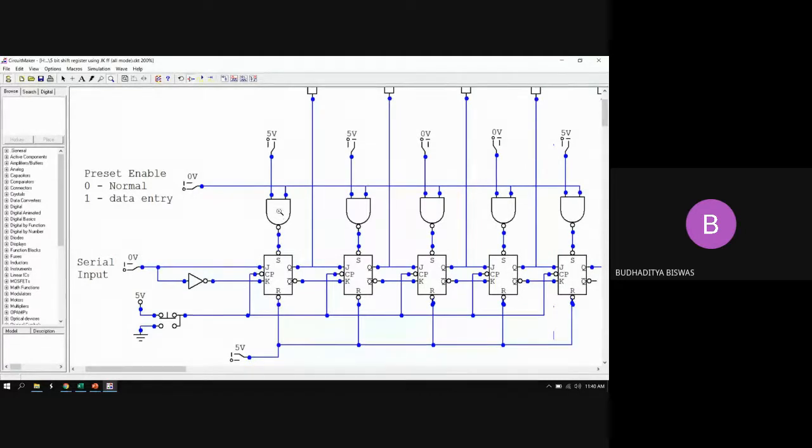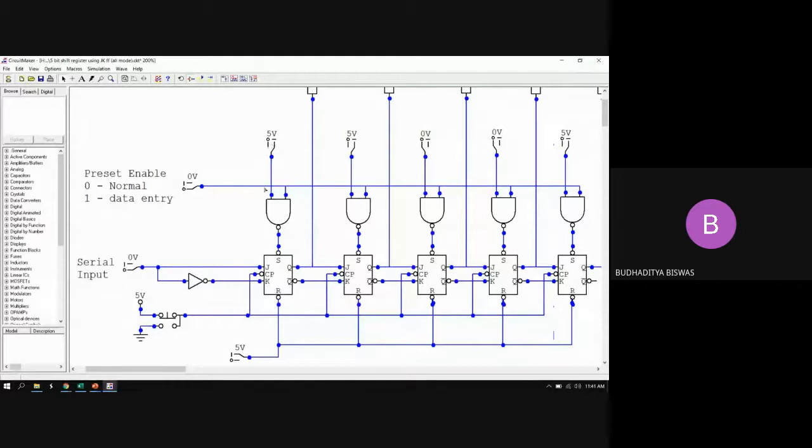Okay. So you see the NAND gate output is connected to the preset. Okay, S is the preset input. So we connect 5 NAND gates, and this 5 NAND gate output is connected to the preset of the 5 flip-flops. And we short circuit one of the inputs like this one. We short circuit one of the inputs and it is connected to the preset enable input. So this one is called the preset enable input, which is short circuit, which is connected to one of the inputs of every NAND gate. And the other input is connected to the data entry.